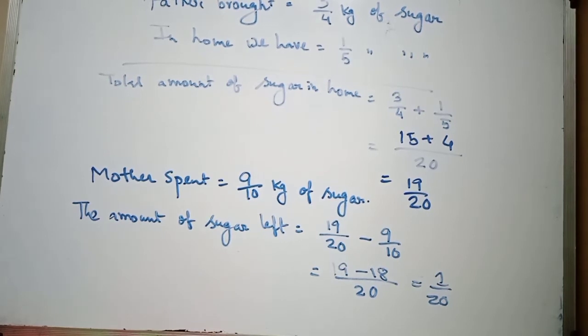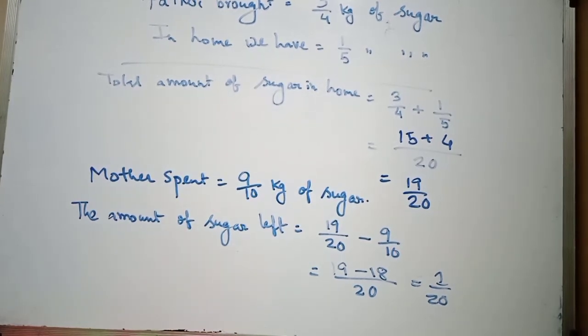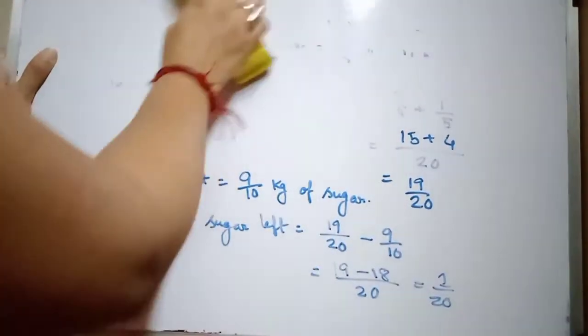Now going to problem number 3. On the first day, Shibu and Ramu cleared 8/9 part and 1/18 part of a garden respectively. On the following day, Polly and Millie cleaned 11/24 part and 1/6 part respectively. How much more have Shibu and Ramu worked than on the second day? So we have to find the total amount of work done by Shibu and Ramu, and next we have to find the total amount of work done by Polly and Millie.